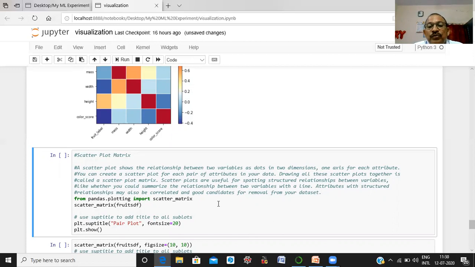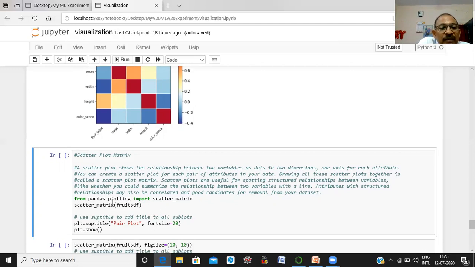Scatter plots are useful for spotting structured relationships between variables, like whether you could summarize the relationship between two variables with a line. Attributes with structured relationships may also be correlated and good candidates for removal from your data set.